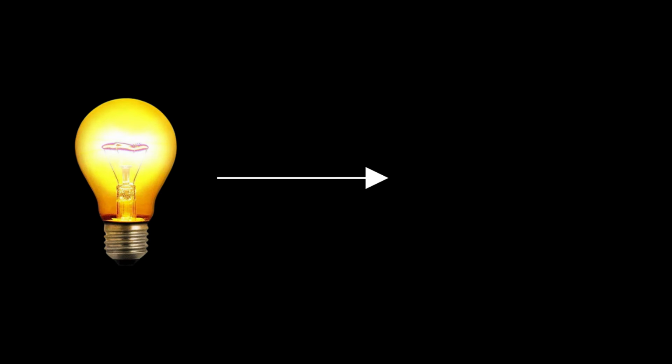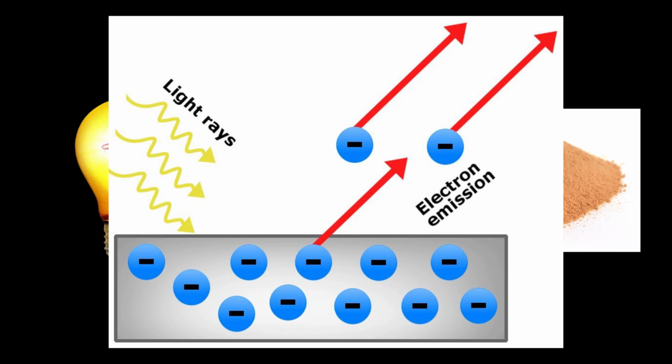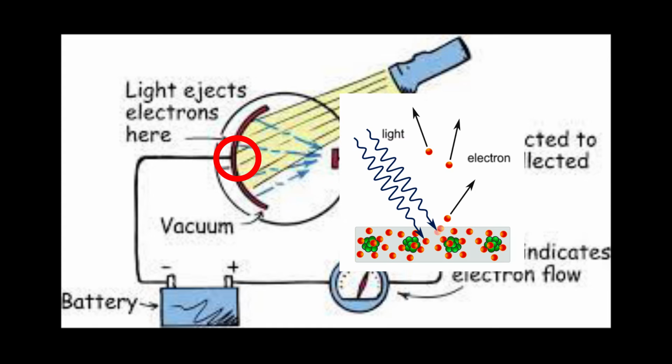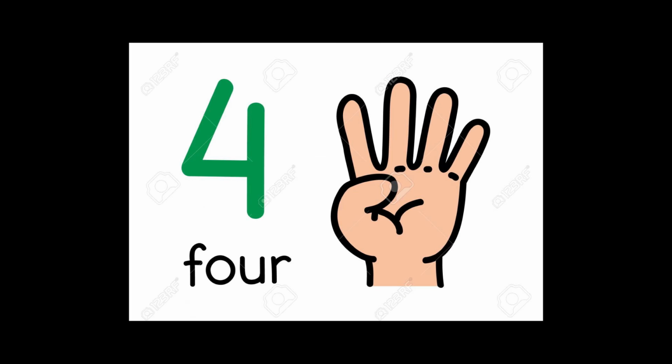The idea of light being particles was really put forward by Einstein's photoelectric effect in 1905. In the photoelectric effect, light is shined on a metal plate, and electrons are emitted from the surface. The electrons can then be collected with another metal plate due to the high potential, where the photoelectric current can be measured. The photoelectric effect produced four major observations.